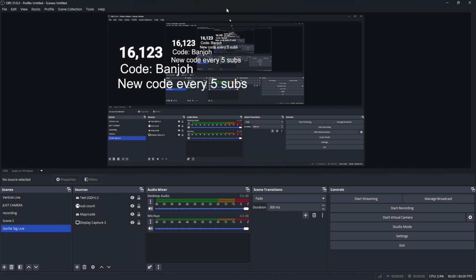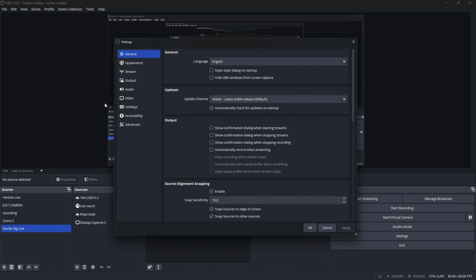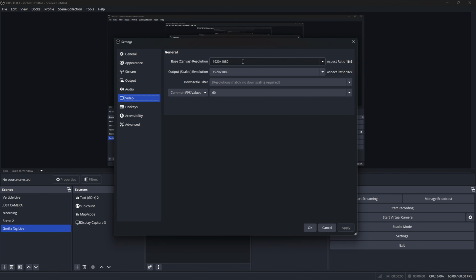So right now, the only way to find your live stream when you go live is to find it through the homepage. But a lot of people like scrolling through the YouTube Shorts, which I'm gonna teach you how to be able to get found on the YouTube Shorts page. So you're gonna go to your settings. You're gonna go to your video settings, and you're gonna see your base canvas and your output. So you wanna change your base to